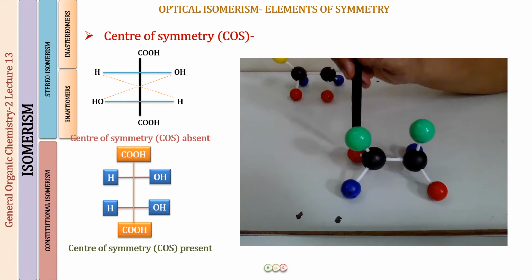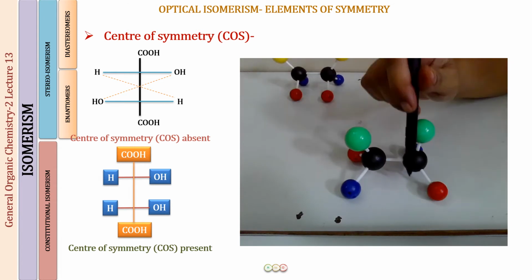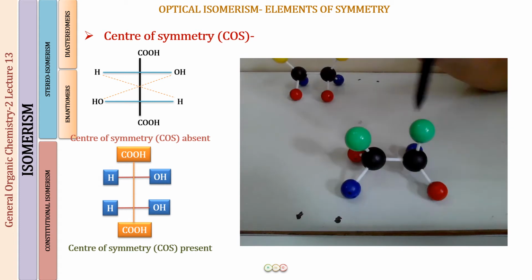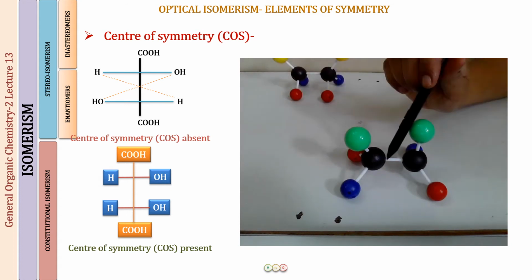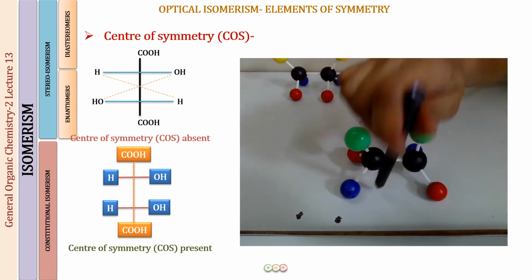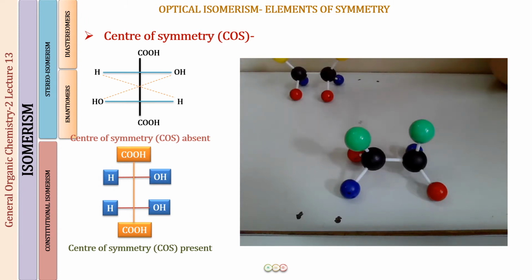So far so good. But now when I move from this to the center of symmetry, I have to go further down to encounter a ball at an equal distance. So the green ball, rather than being just on the same side, this should have been downwards so that it would have been a center of symmetry. Now what you are seeing is that this is one ball and this is the other. So you are not going to have, in the opposite direction, the same green ball. So this compound does not have a center of symmetry. I hope you now understand.